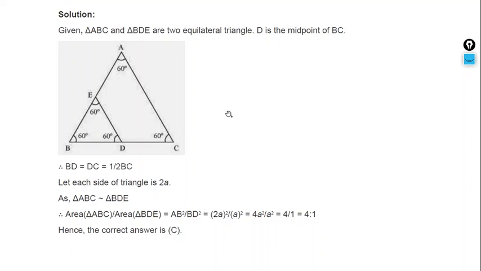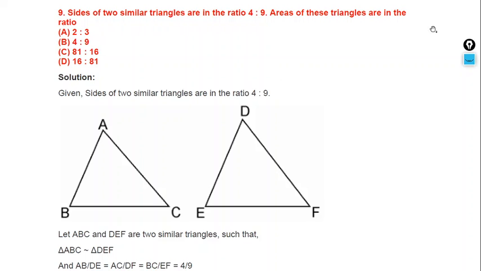Now the last question, question number 9. It is also a very easy question. This type of question you have to answer in a fraction of a minute, that means some 4, 5, 6 seconds. You can just see it and tell the answer. We are just justifying, so it is taking time. Otherwise, it will take only 1-2 seconds. So now let's move to question number 9.